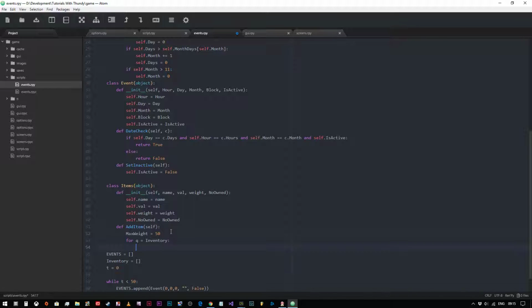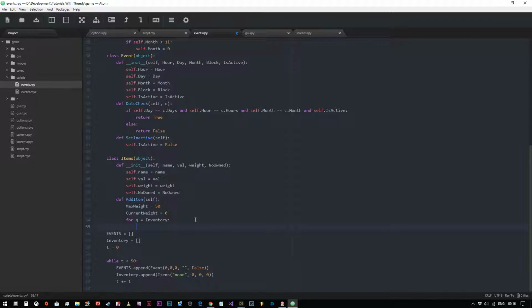I should put another, we need to create another variable called current weight. That's going to be 0. For Q in inventory, current weight plus equals Q dot weight, like so. So now we can say if current